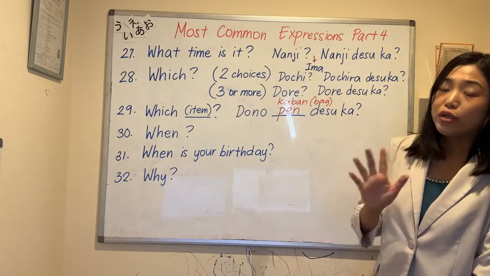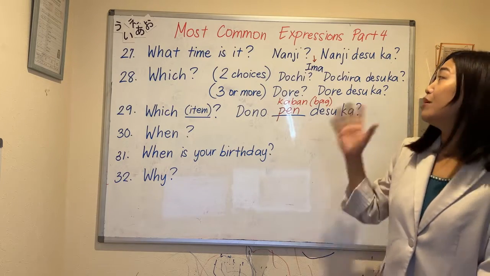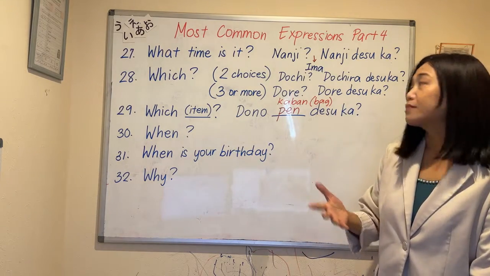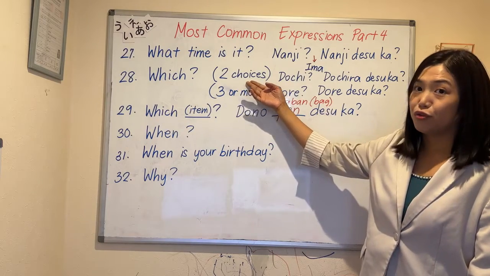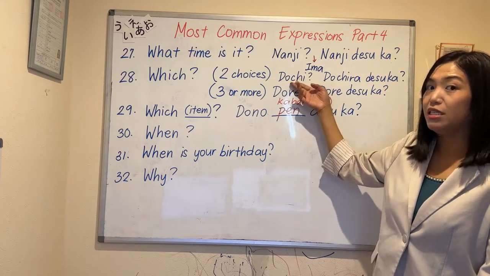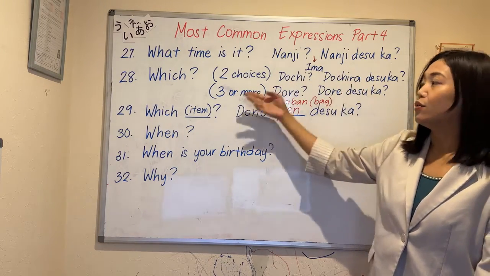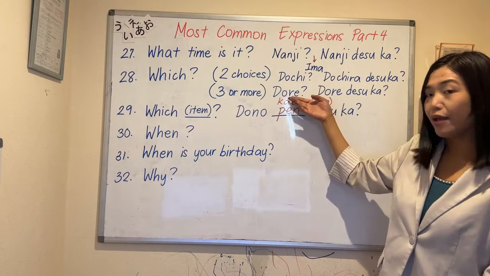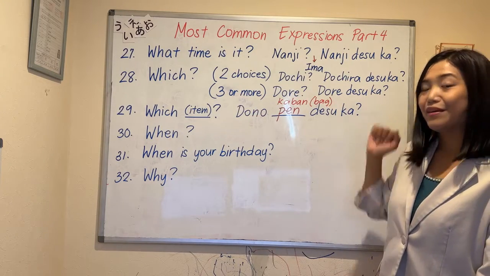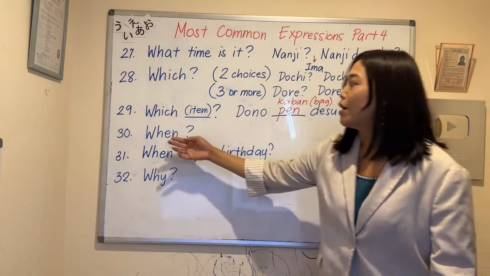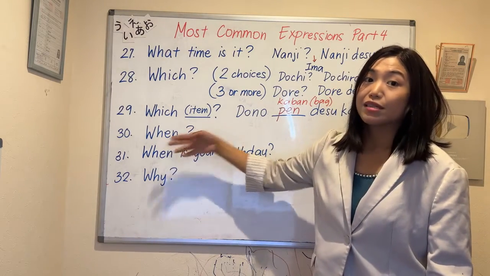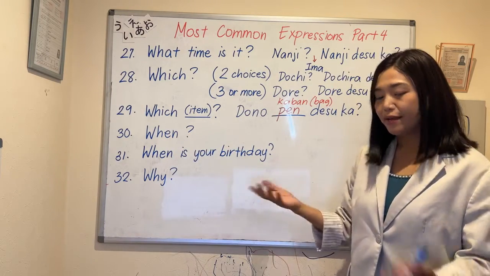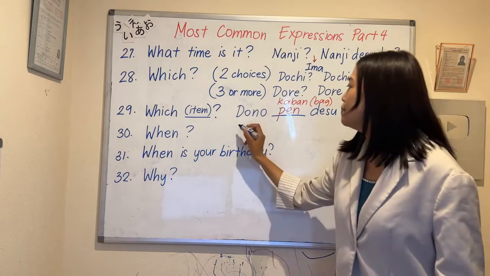If you're not going to mention the name of the item, you just want to ask which one. If there are two choices, say dochi, dochira desu ka? Three or more choices, dore, dore desu ka? Now, if you want to ask when, that will be